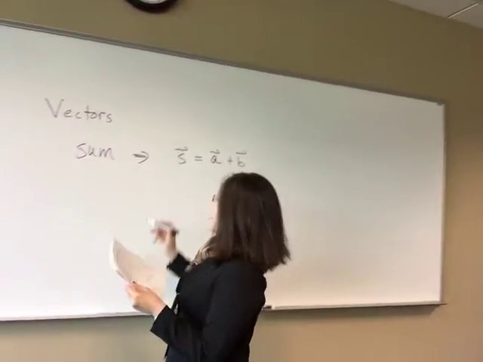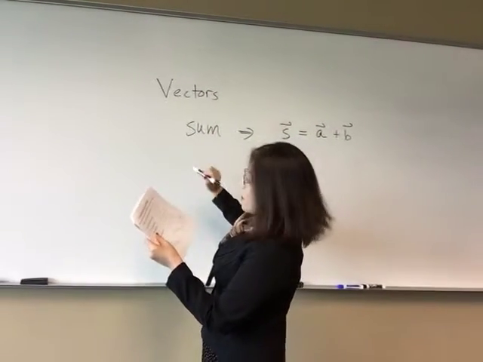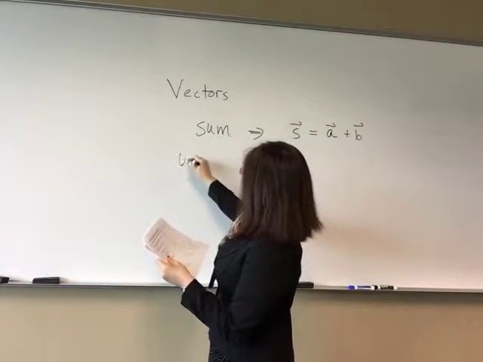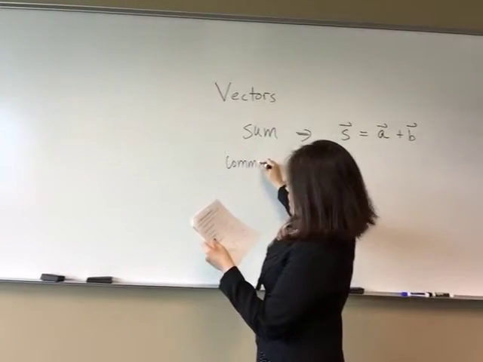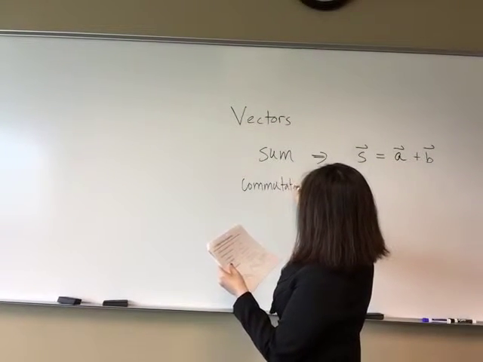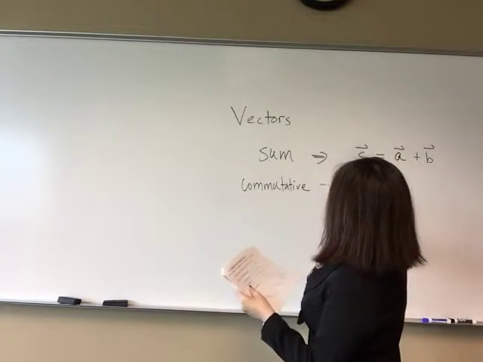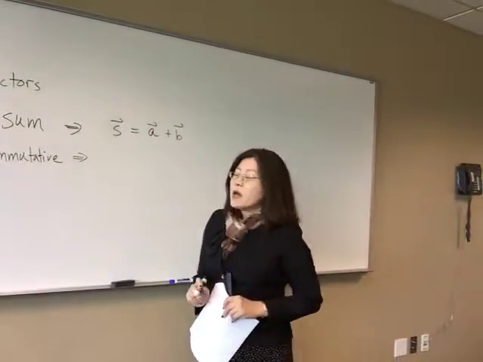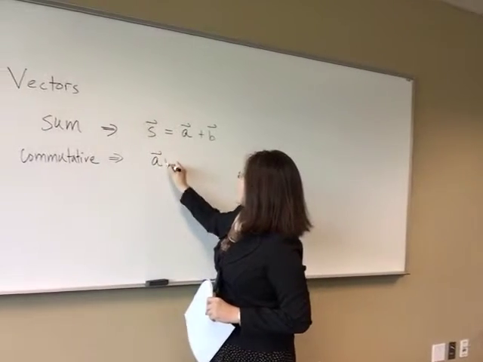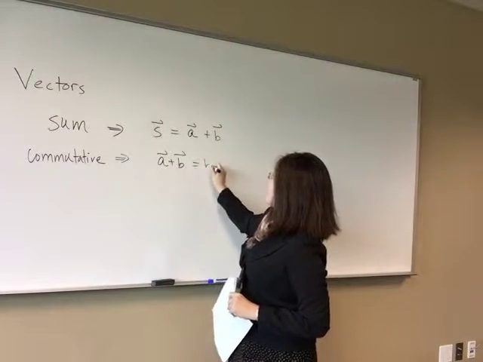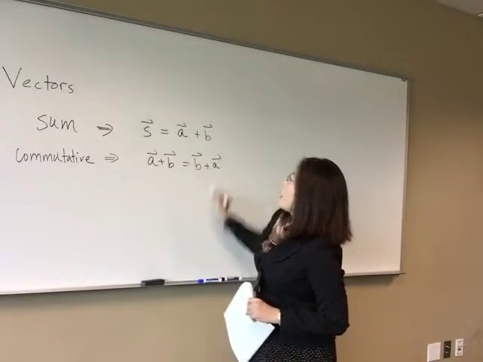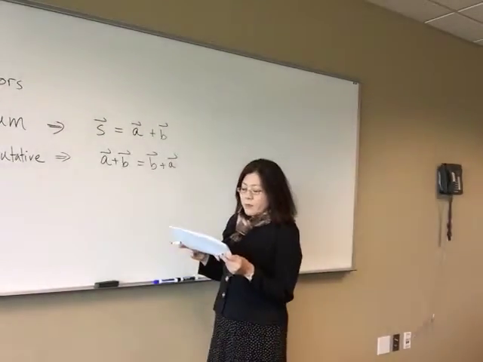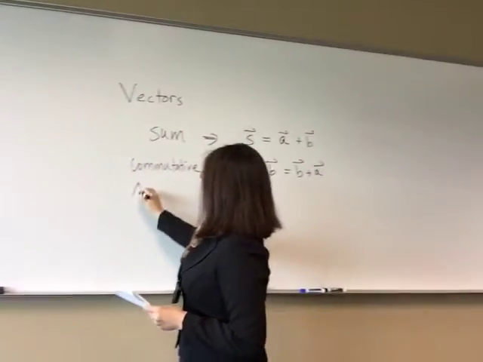And there are also some rules which we call commutative laws. So what does that mean? If it's commutative, it means that how you add them together really doesn't matter, okay? You can have A plus B, and that's equal to B plus A. So how you add them together, the order does not matter. Associative law,